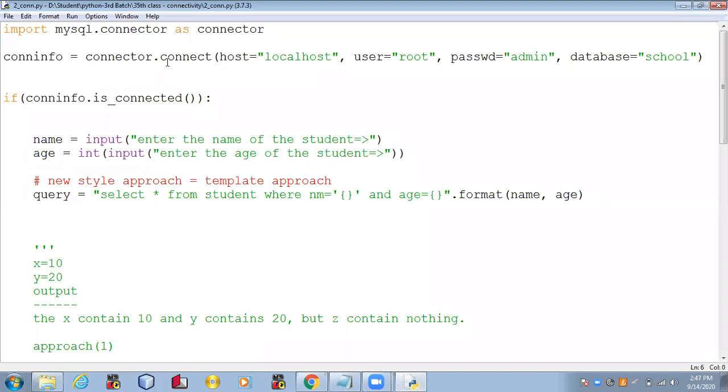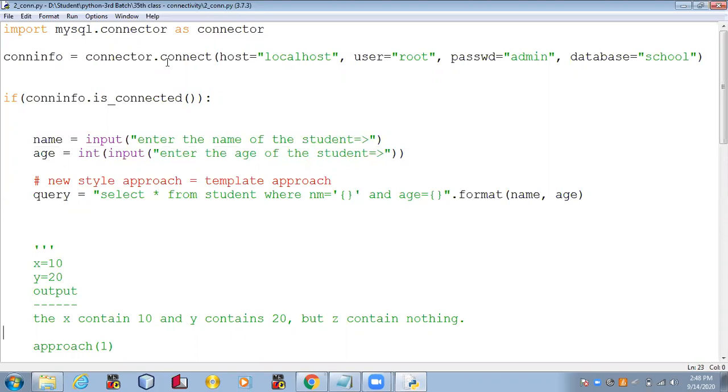Now check, is it connected or not? If it is connected, then ask the name of the student, ask the age of the student, make up your query. Query is like that, select star from student where name is equal to the placeholder and age is equal to the placeholder, using the dot format. This is one of the other ways to print the message along with the variable value.